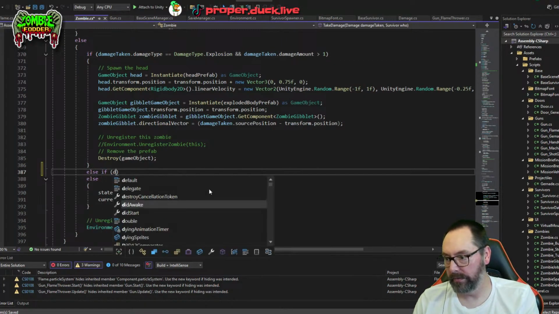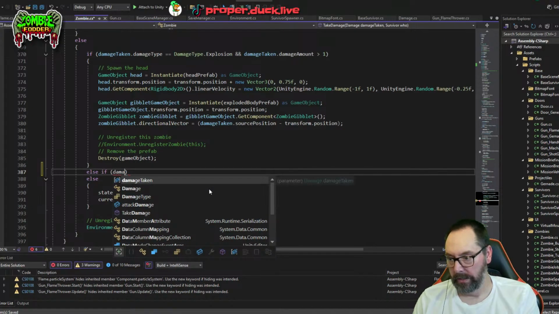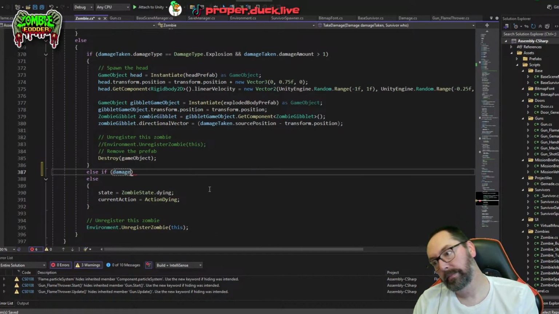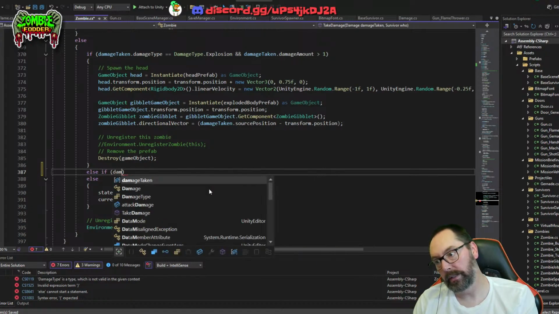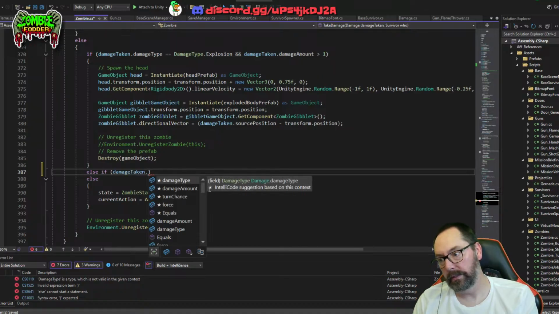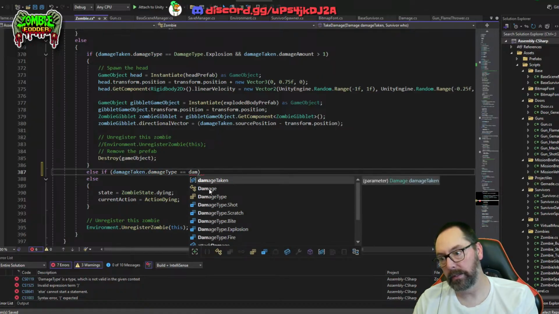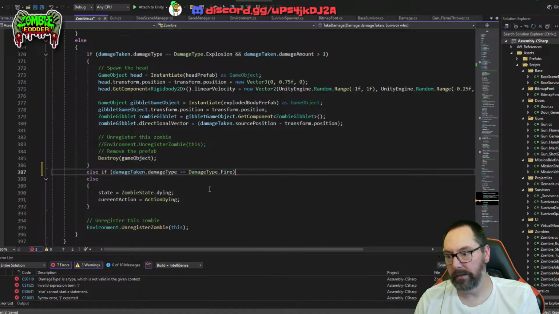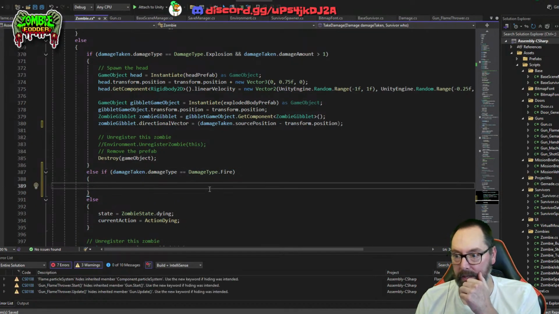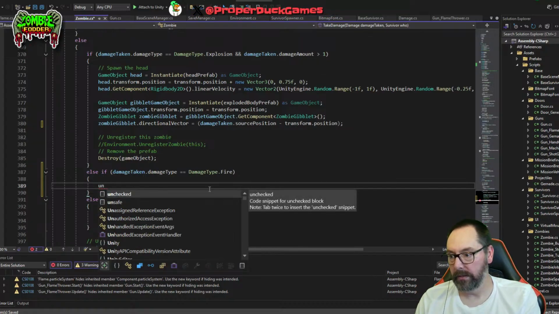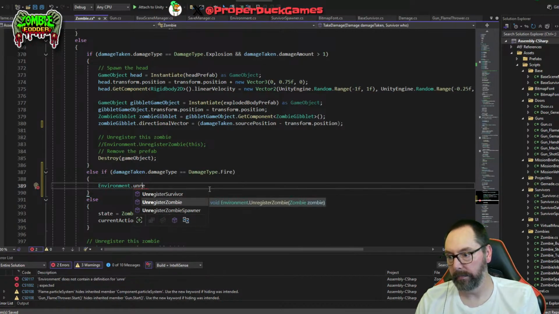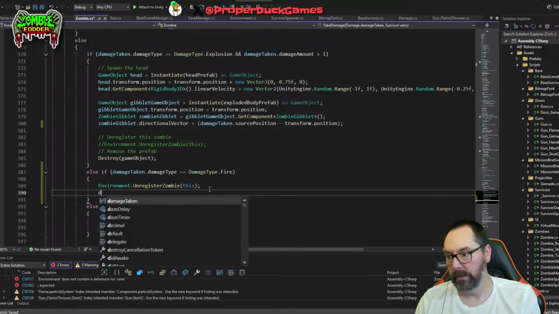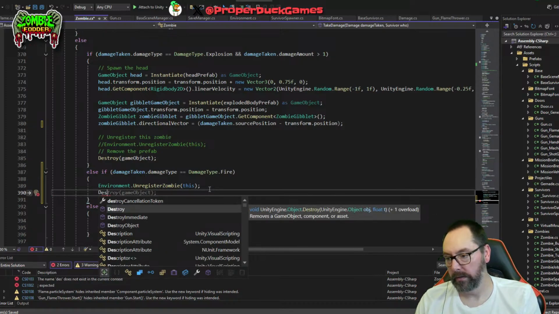So here, else if damage taken dot damage type is damage type dot fire, then we go to environment dot unregister zombie, this, destroy game object,